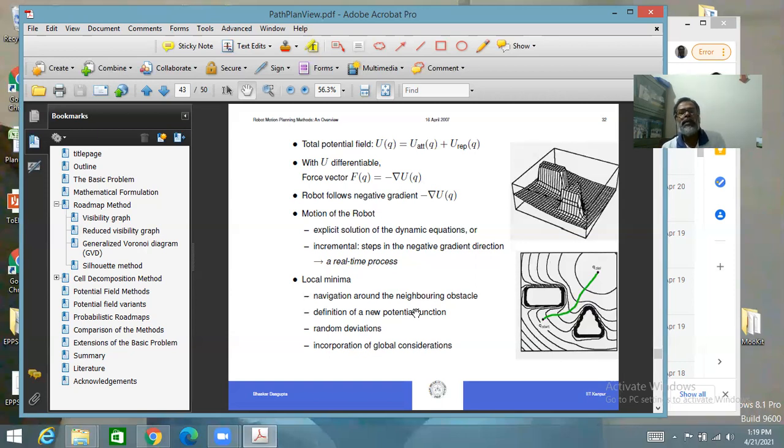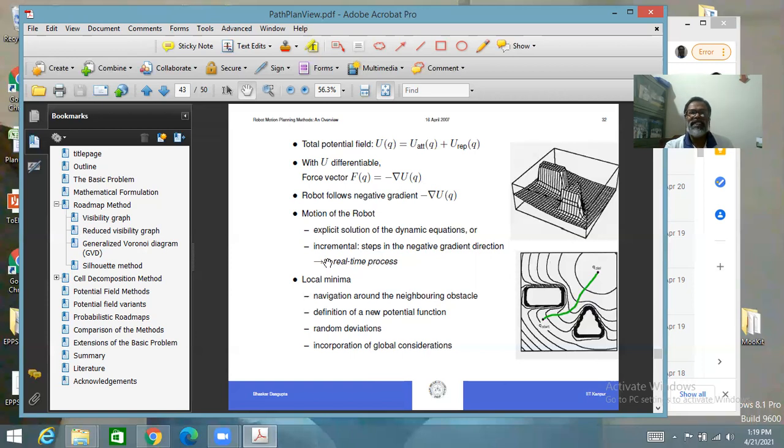Random deviations are something which is suggested: take a flip, move in some random direction which is free, and then from there you restart. So that is also an arbitrary and time-delaying proposition. You can think of incorporating global considerations. But the moment you talk of incorporating global considerations, that